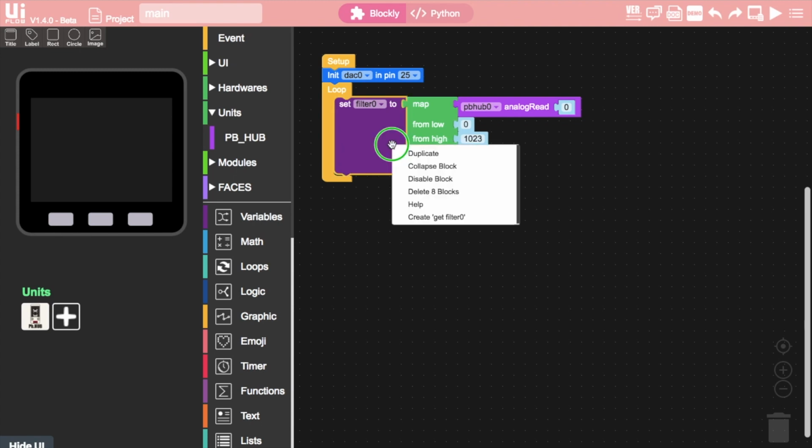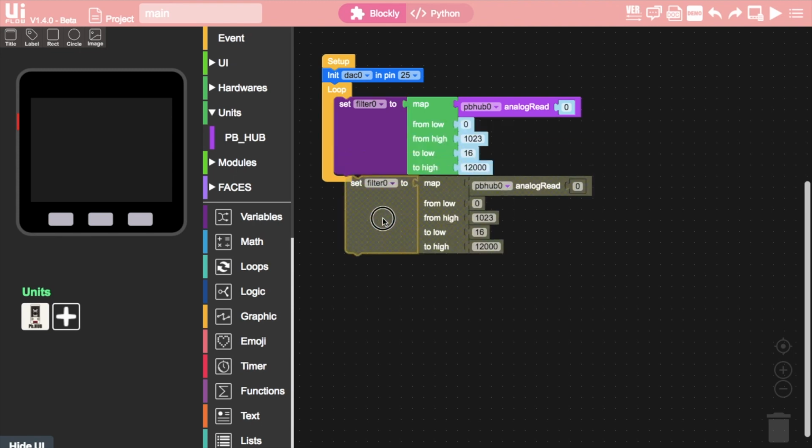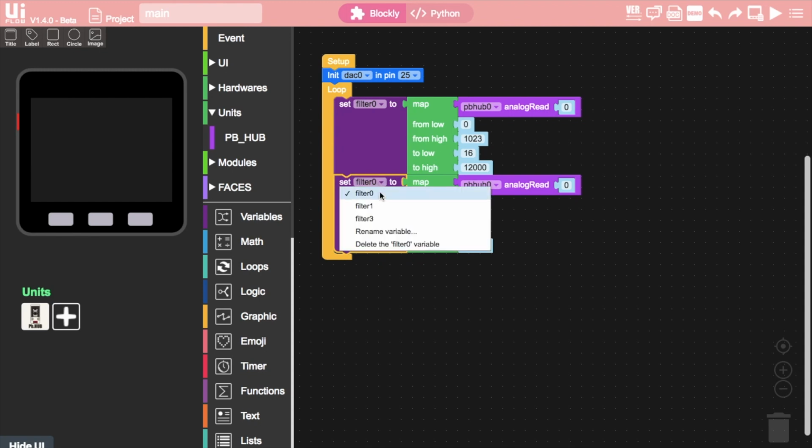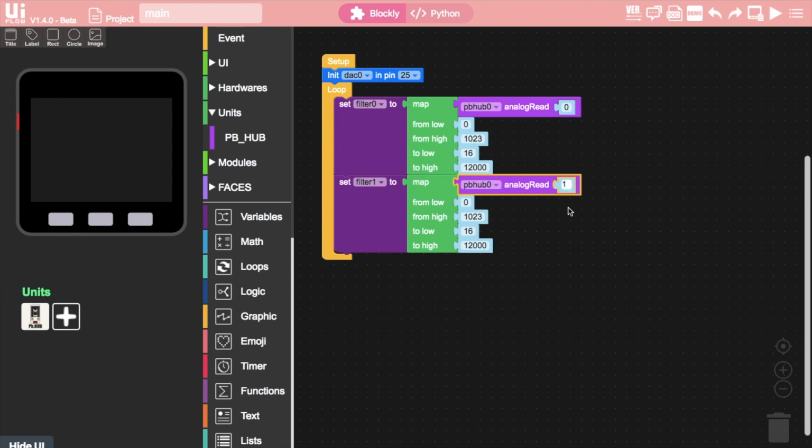Okay, and then our second filter, let's change that to filter 1. So the first filter will essentially be the pitch or the frequency of the note, and the second one is going to be the duration of the note. Okay, so I'll set that to 0 to 2000,